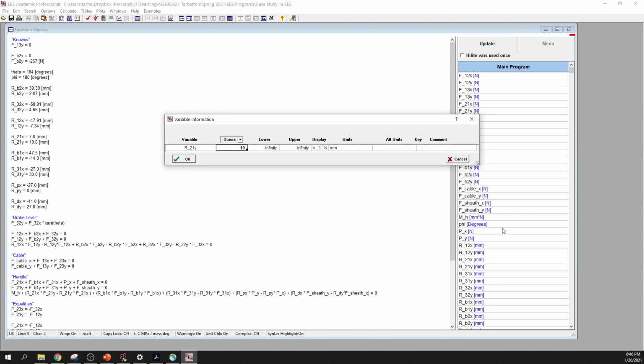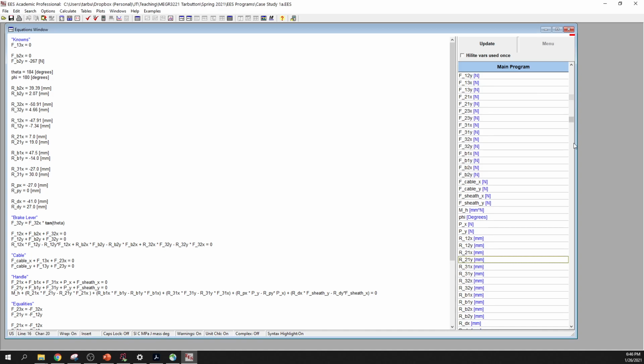It's pretty easy because they list all the equations. You can go down and make sure you didn't make a mistake. One of the nice things is you can highlight variables that are only used once. Okay, so this moment, which is an unknown moment, this angle, this force F23, those are the variables that